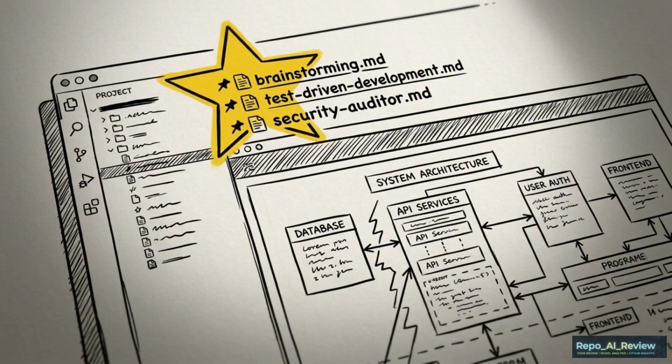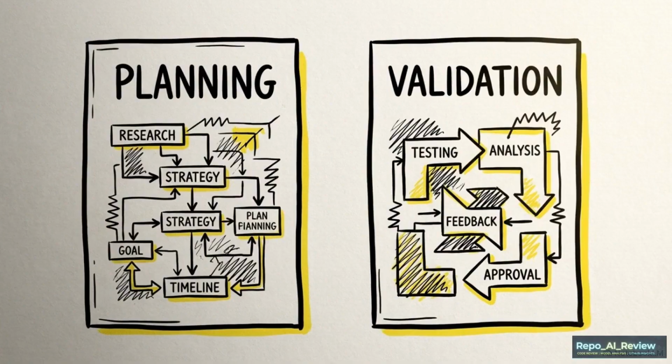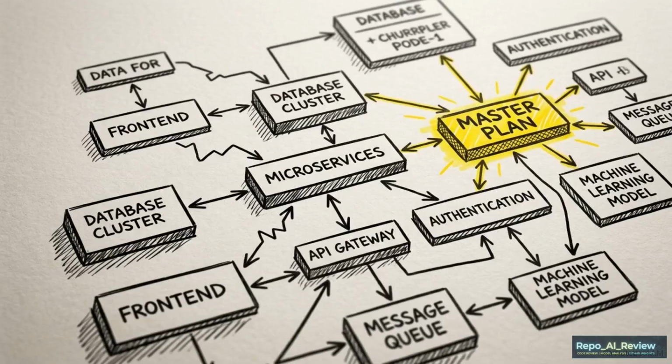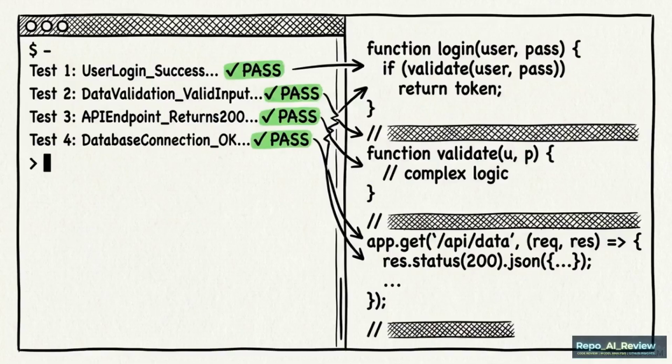For new projects, developers rely on Universal Starter Skills, foundation playbooks that establish technical discipline. These two commands, @brainstorming and @test-driven-development, are the most critical starting points. The brainstorming skill enforces strict technical planning and logic verification before the agent begins any implementation. The test-driven development skill locks the agent into a rigorous loop, requiring tests to pass before it is permitted to